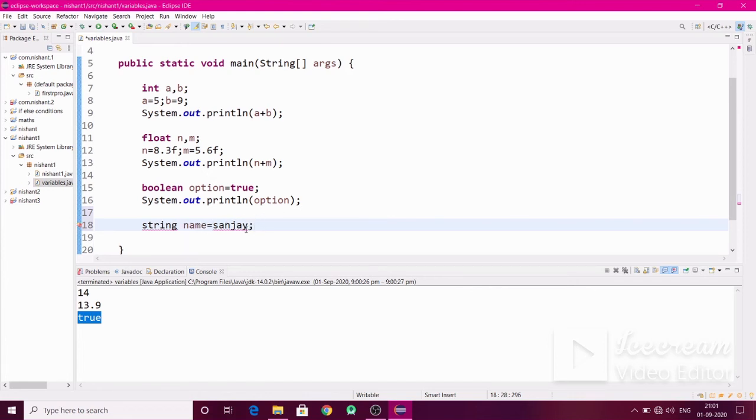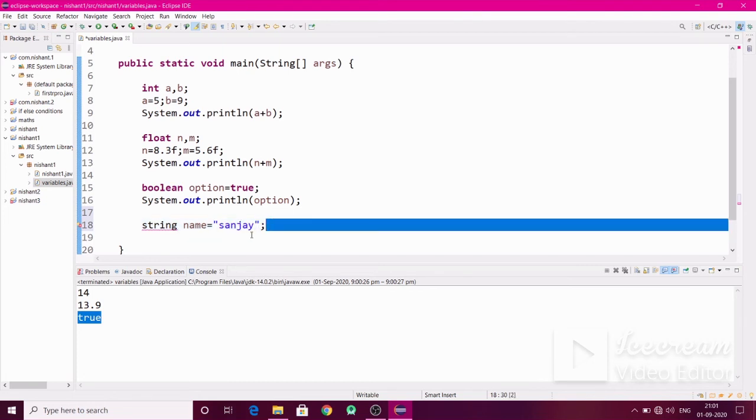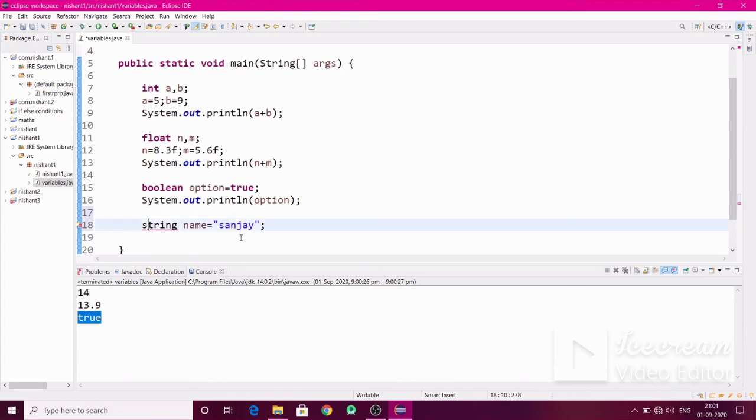Here is an error, so you have to enclose the value of the string name in double quotes. Any alphabetical value you type, close it by double quotes, and then the error goes. Here the S should be capital, and here also the error goes.